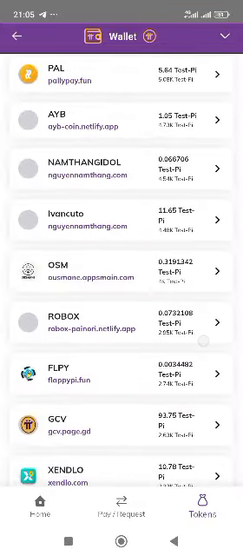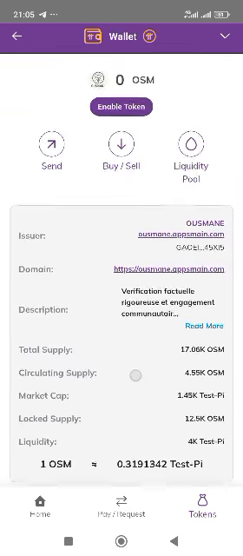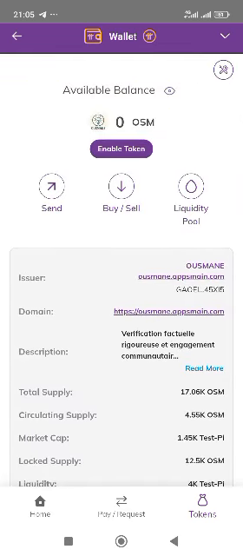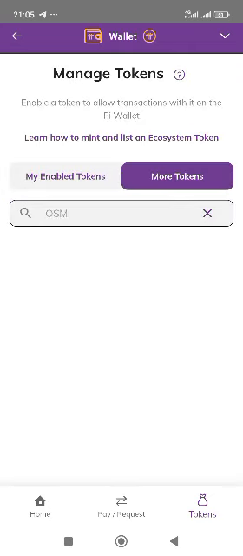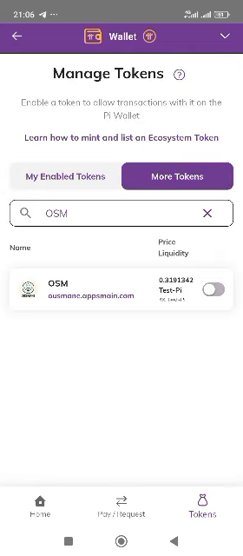Let us just be checking. See it here. I will now click it. Firstly, I need to add it to my token. I need to enable this very button,